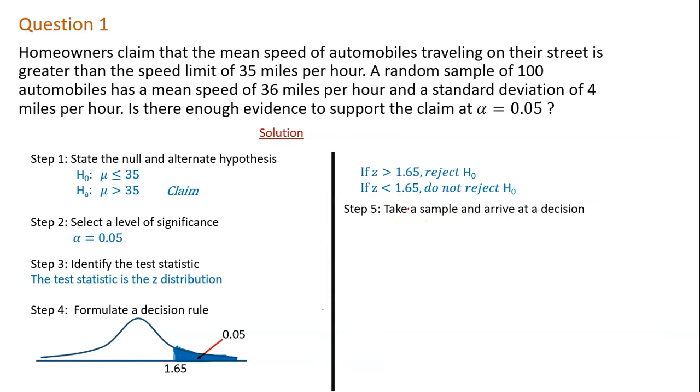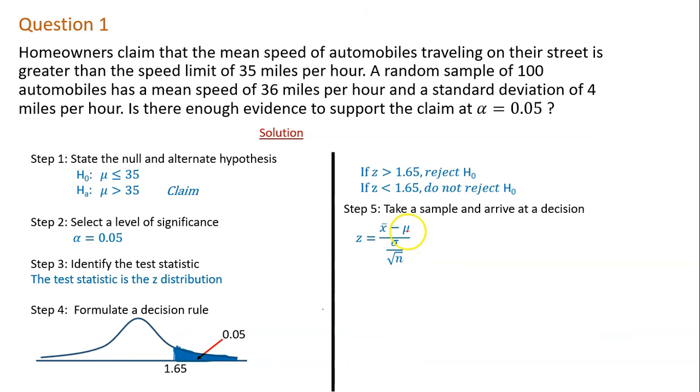So step 5, we take a sample and arrive at a decision. So in step 5, we can now calculate the test statistic. So that is z is equal to x bar minus mu divided by standard deviation over root n. Okay. Remember I told you you can write the formula here. But because I know I'm coming to write the formula in step 5, I decided not to write it here. Okay. Now let's look at the question and then get our x bar, our mu, and then the standard deviation,